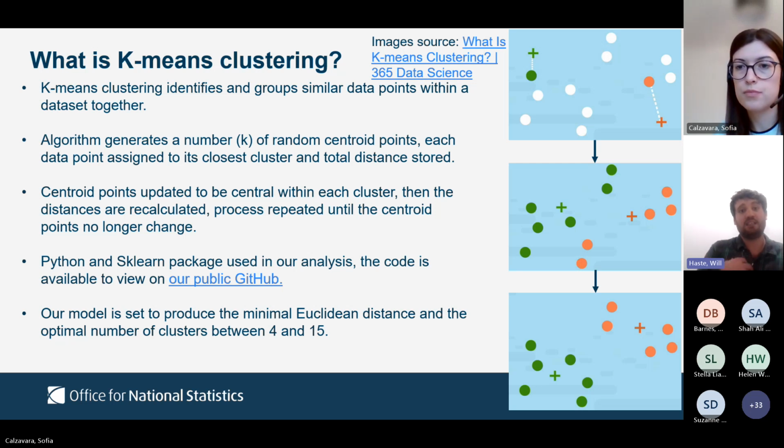Now, we started this clustering work because we had a lot of access to subnational local authority level data, and we're a team that specialises in some more methodologically complex outputs. So we did a bit of user research about what people would like to see as an output from that local authority data. One of the needs that came up quite a lot in that research was boosting sample sizes, creating control groups, and generally creating similar groups of local authorities that could be